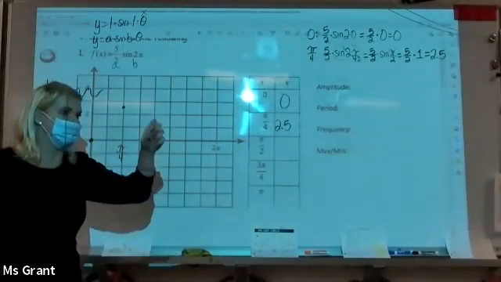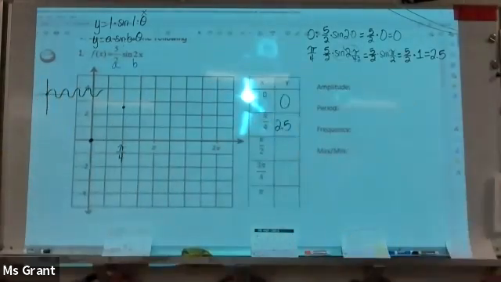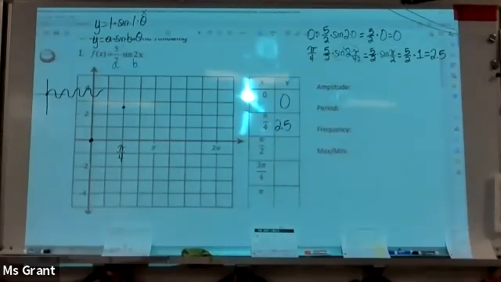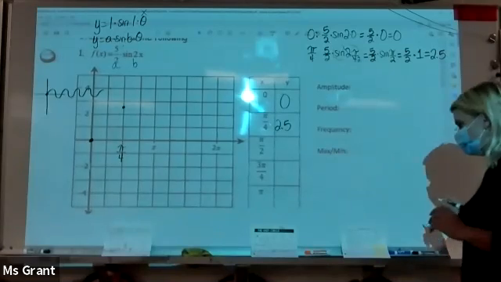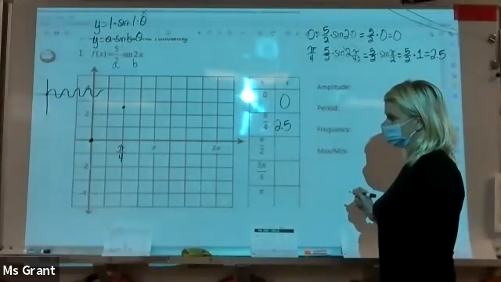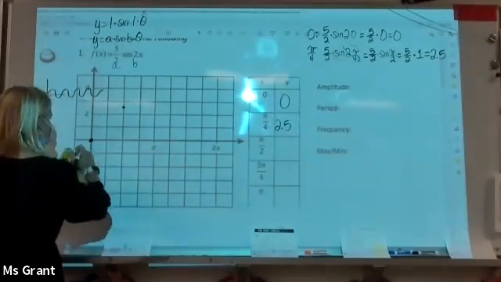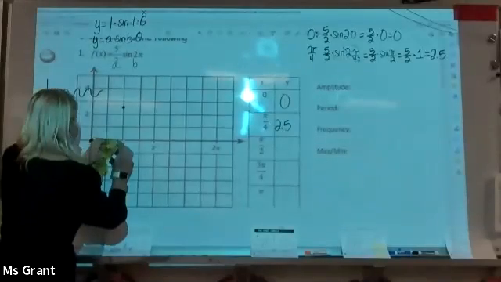Above, below, but it begins at 0, 0. All right. Pi over 2. I suppose I should make my pi over 4 one space in, because I'm going to have to do